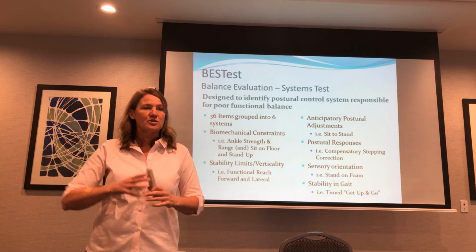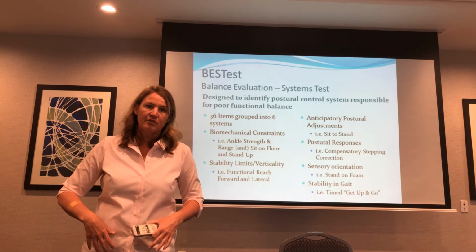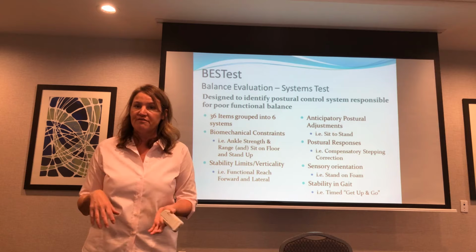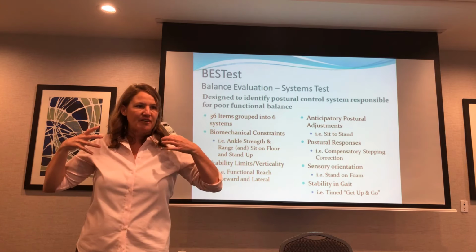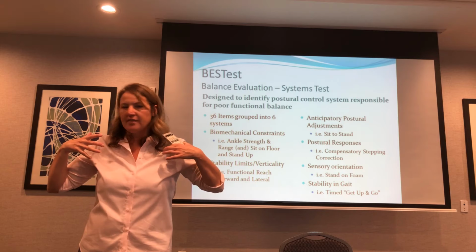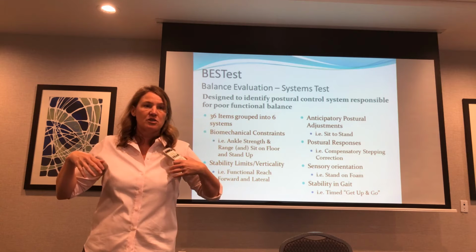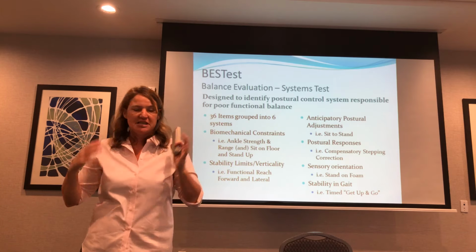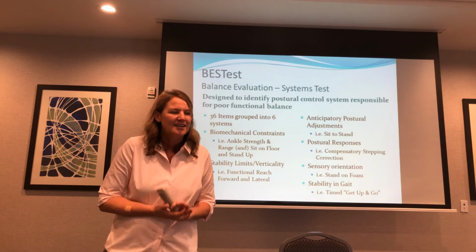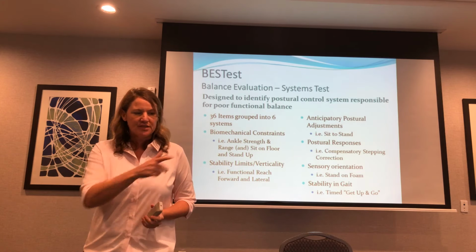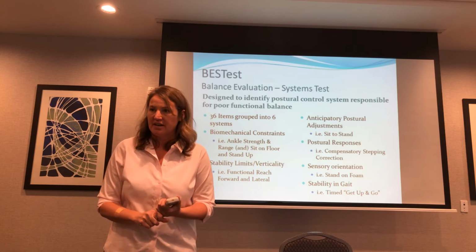So the foam and dome was where you stood on the hard ground, then you stood on foam, basically stood on the hard ground, eyes open, eyes closed, stood on foam, eyes open, eyes closed. And the dome was where you would stick something over their head, like a lampshade on the head, to kind of limit their vision. So instead of eyes open, eyes closed, you fool their vision, so they can't really see. But this CTSIB is sort of that idea. And so this one does a modified version of that. You stand, eyes open, feet flat on the floor.